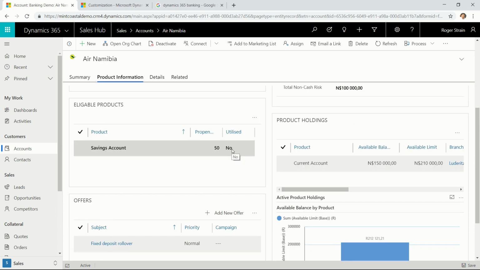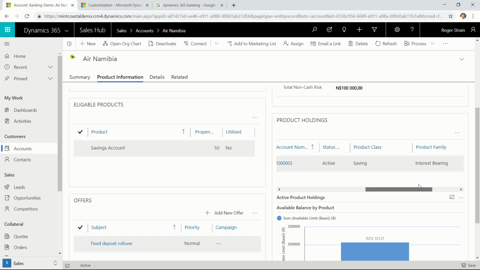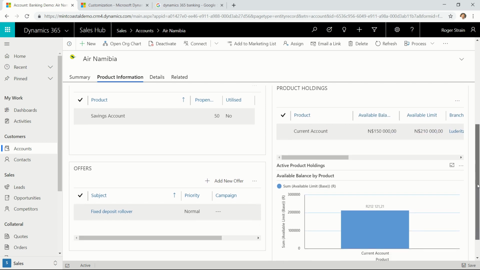So for example, Air Namibia has got an eligible product, which is a savings account. They've got a 50% propensity to utilize this product, and they have not yet utilized it. We've got our product holdings, so they've currently got a current account, and we can see the available balance, available limit, the branch that it was taken out of. What you're looking at here is really a kind of a 360-degree view of this customer in Namibia as a